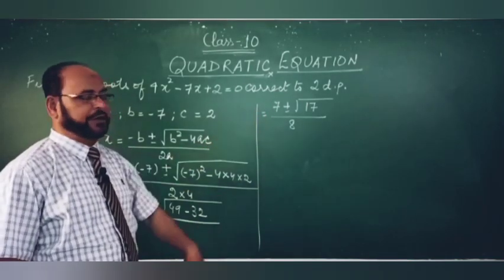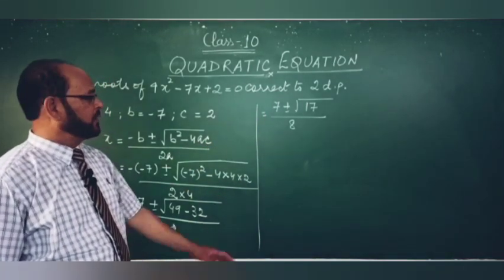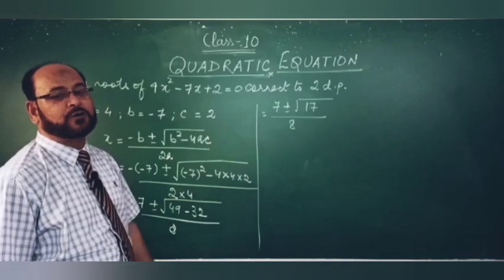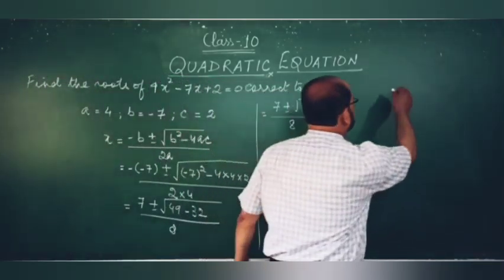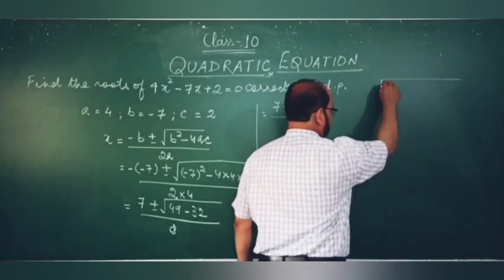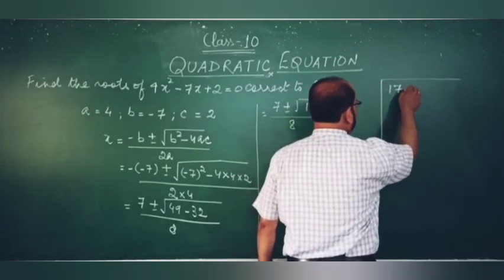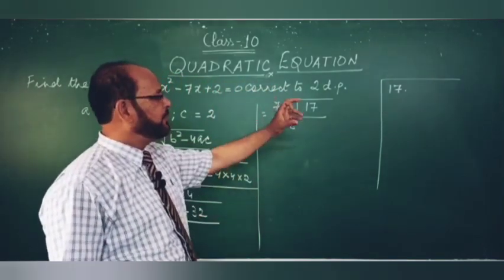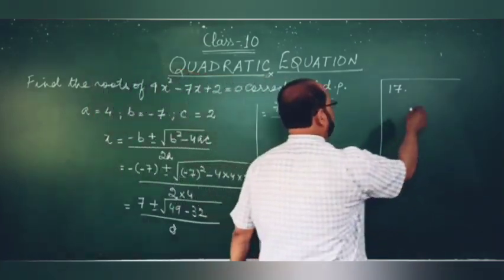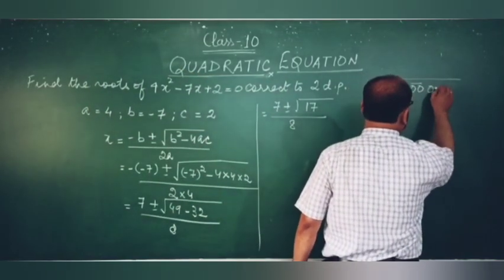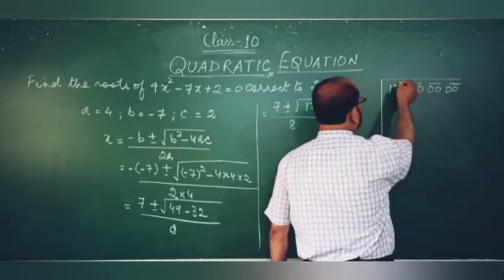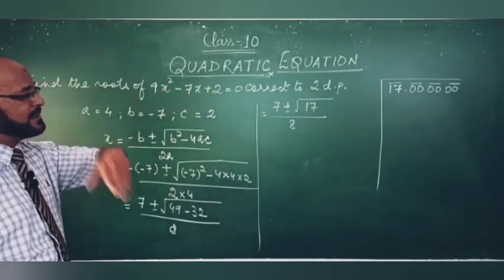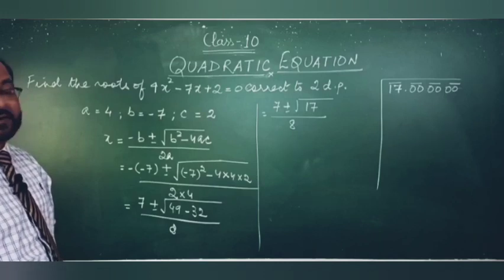I hope you all must be knowing how to find the square root. You must have studied it in previous classes, but again I am going to remind you how to find the square root. So this is the procedure. We will write 17. Since we have to find the roots up to two decimal places, we must have three pairs of zeros to the right of the decimal sign. So it is 00, one pair, second pair and third pair, and in the integral part you will make one pair. Now what is the integral part here? The whole part, that is 17.